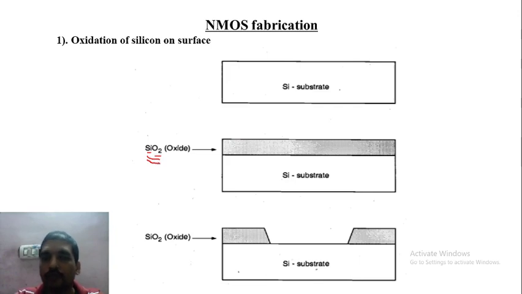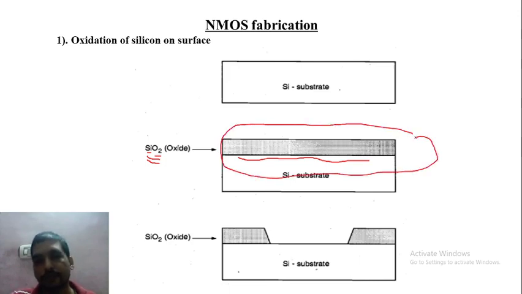There are two types of oxidation process known as dry oxidation and wet oxidation. We will cover that later on. Right now, the first step is that we have to oxidize the surface, and we first oxidize the complete surface, as we have already said that we perform all operations on the entire wafer. So the oxidation will take place over all the surface, but we need it only for the corner side, as in between we have to draw the